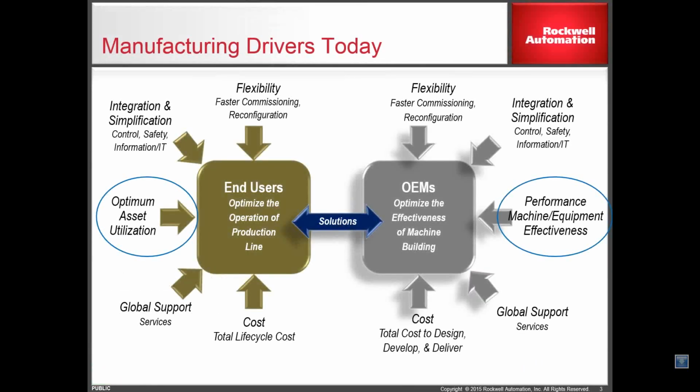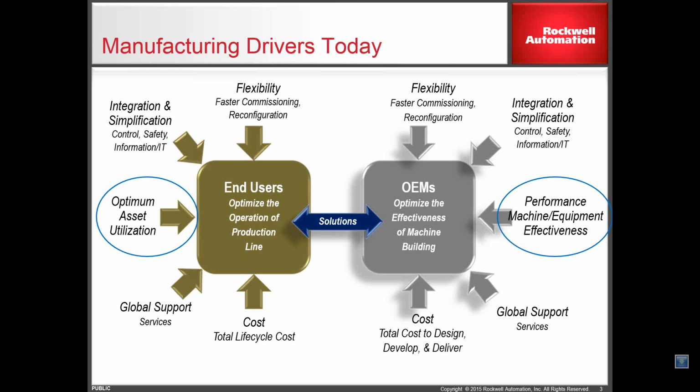So today, end users and the OEM share many common manufacturing drivers, right? But there is a significant difference at the equipment level. End users have a relatively stable install base that can be supplied by a diverse number of OEMs. There are multiple OEMs supplying machines to the end users, and end users get those machines from various machine builders. OEMs have a relatively volatile order intake that can be created by a diverse number of end users. The OEMs are serving multiple end users and supplying machines to them across the country.